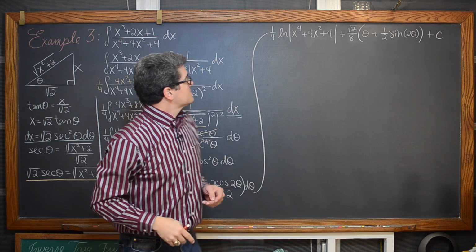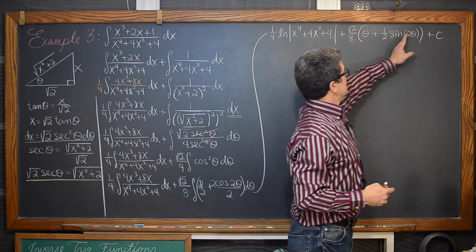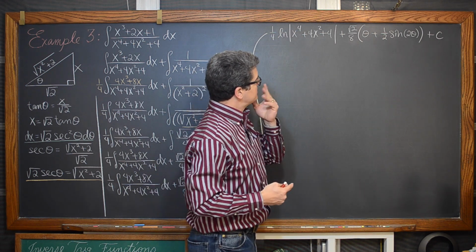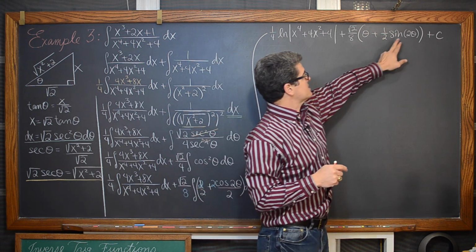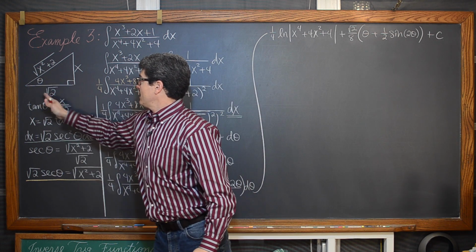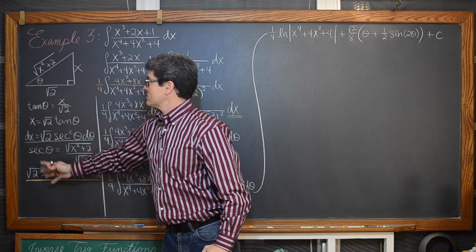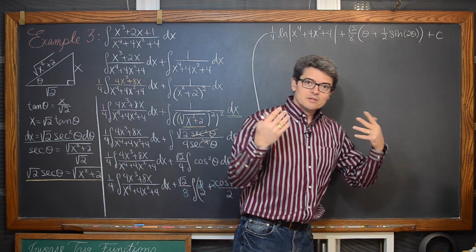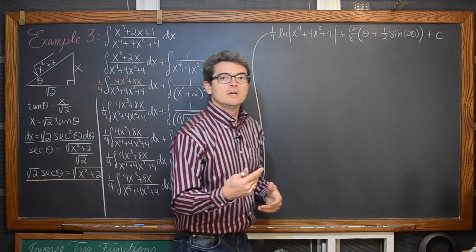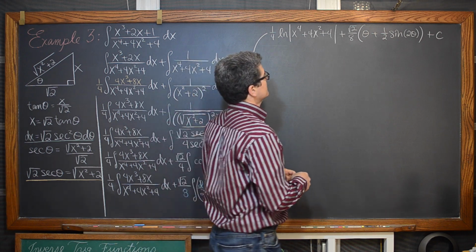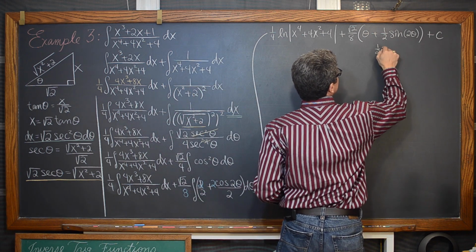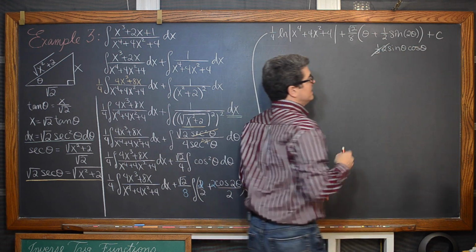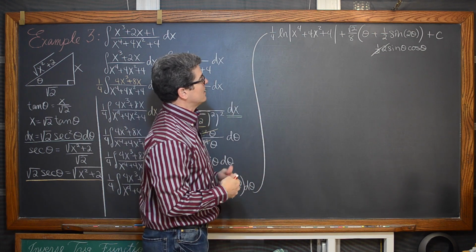Okay, great. So now I just need to get my thetas out of here and put it back in terms of x, like my first term is. But that's a little bit of an issue because we have the sine of 2 theta here, and we only have basically equations set up in reference to just theta. Well, yeah, we have a double angle for sine. The sine of 2 theta is equal to 2 times the sine of theta times cosine of theta. And of course that means that the 1/2 and the 2 are going to cancel out, giving us this line.